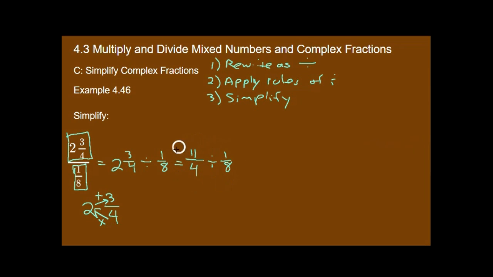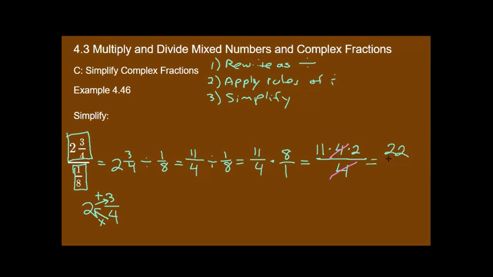Now this looks exactly like the division problems we just had in the previous examples and try-its. So now we're going to rewrite this as multiplication. 11/4 times 8 over 1. And then I'm going to rewrite this as 11, but then when I transfer the 8 over, I'm going to factor it out because I see I have a 4 on the bottom. So I'm going to factor 8 into 4 times 2. And then 4 times 1 is just 4. I don't need to write that 1. Okay. And then I'm going to cancel out my 4's, and I'm left with